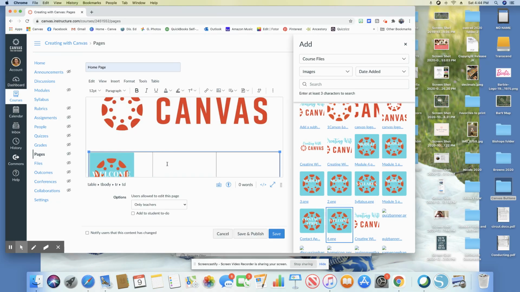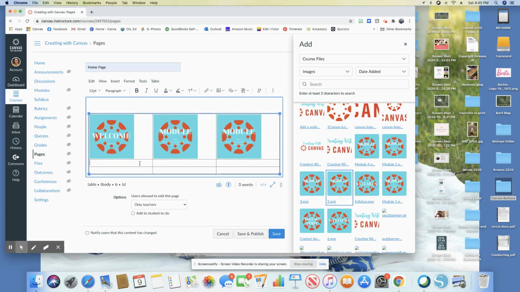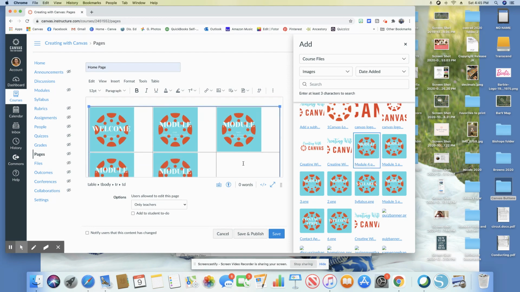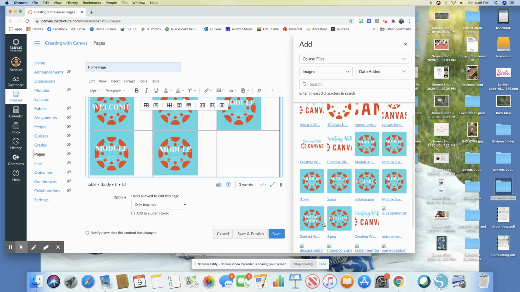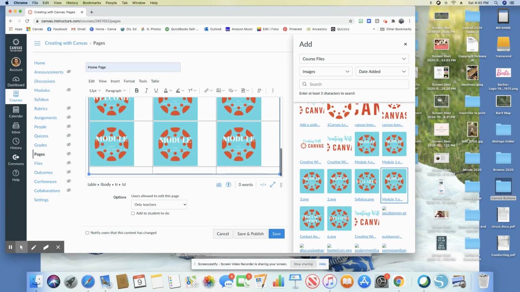And then the next one I want is module 1. And the next one I want is module 2. And then I want module 3. See how it's so nice when they're all right here ready to go? Then you don't have to go back and forth and upload every single time. Module 5. Okay, and then I'm going to put my contact button